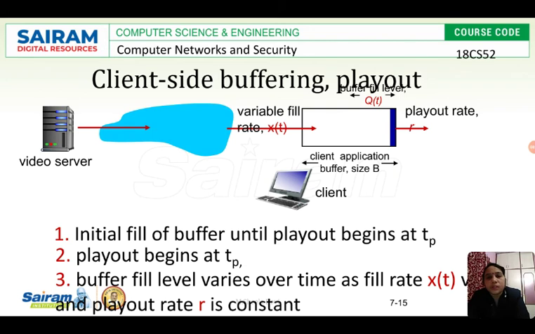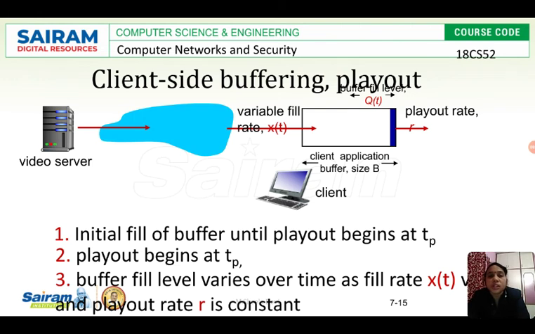The buffer fill level varies over time as the fill rate x(t). Once the consumption starts, the buffer will be emptied. So the buffer fill level varies over time and the playout rate R is constant. The consumption rate is constant, but the video transmission rate differs.